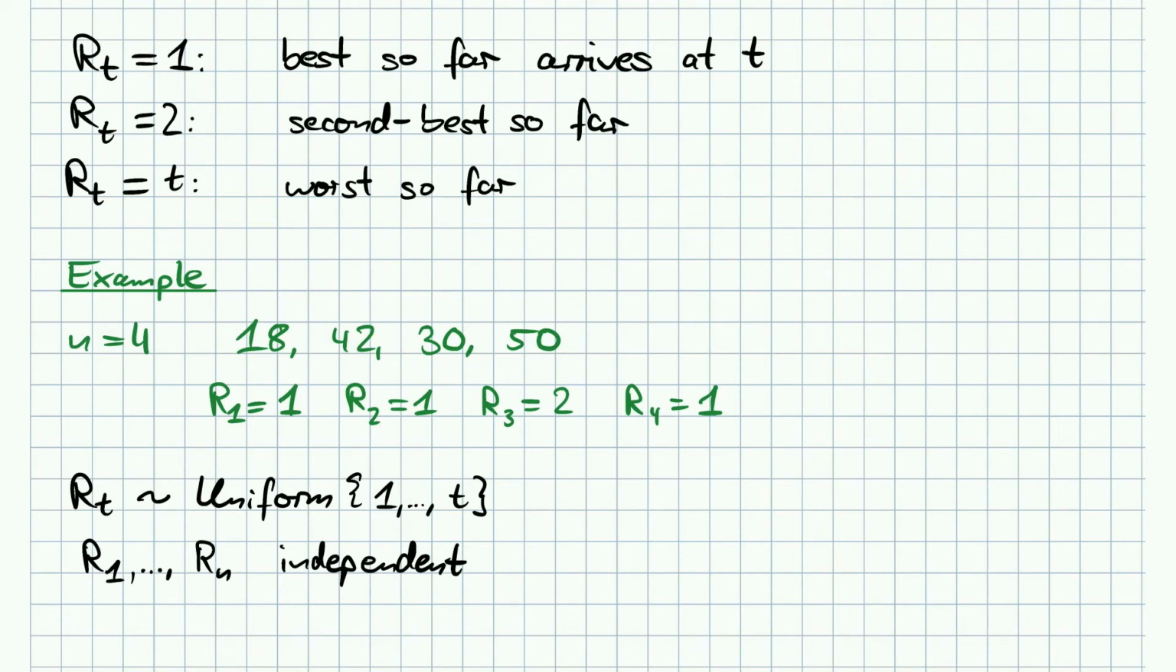It is exactly 1 over t, because any order of the candidates that arrive in the first t steps is equally likely. So it is equally likely that this is the best one so far, or the second best, or the third best, or the worst so far, or whatever we have in between. So all this is equally likely. But what we now have in addition is that these relative ranks are independent. And this is actually something very crucial,